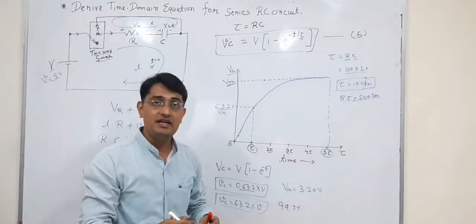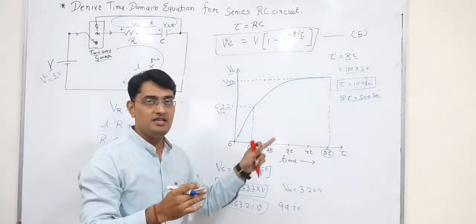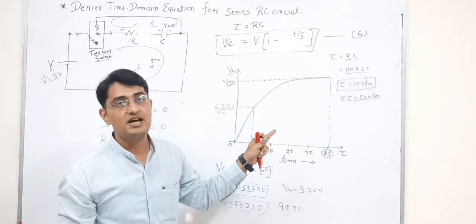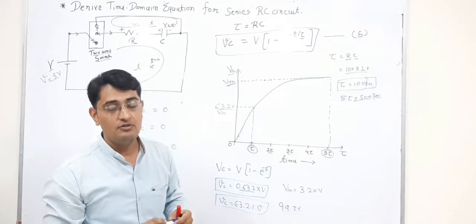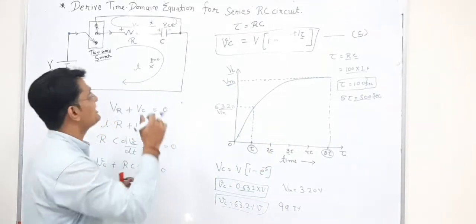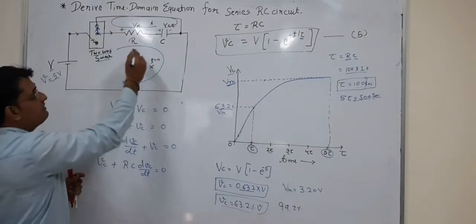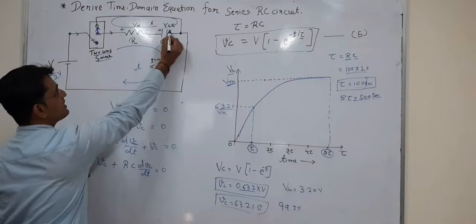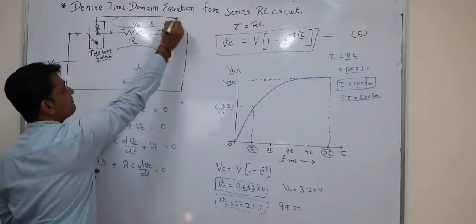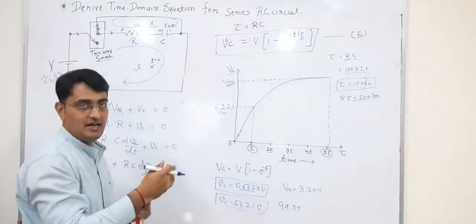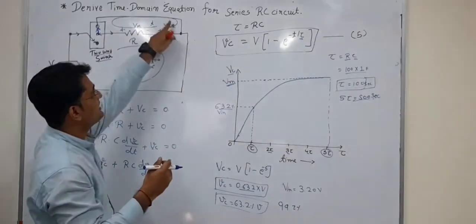Now similarly you can also take the equation for the discharging curve, and you can plot the discharging action of the capacitor. This discharging will happen if I turn off this switch at any time. So what will happen? The capacitor is fully charged and now this capacitor will discharge across this resistance, right? So for that I again need to apply the KVL in this loop.